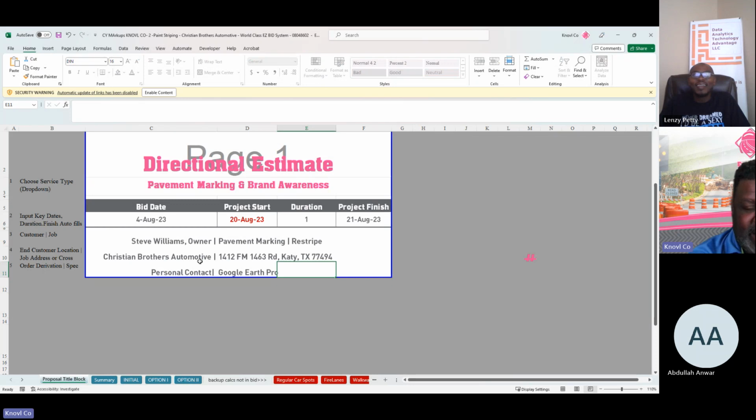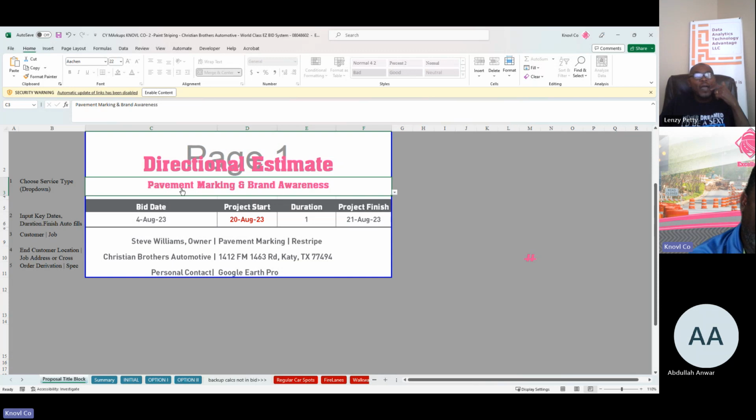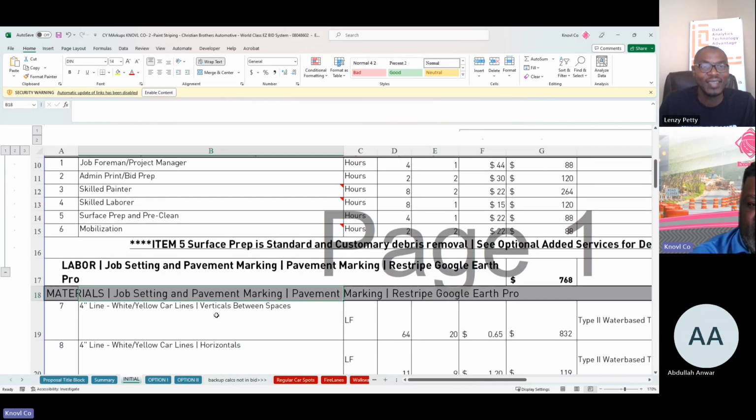So the title block is the same, nothing different there. But this is pavement marking. The naming convention is called pavement marking, and it's also called paint striping. Same thing. I just went for the more flowery name here: pavement marking and brand awareness. No one else would ever call it brand awareness, but anyway, I'm being a little marketing-ish there. Anyway, now you come here,